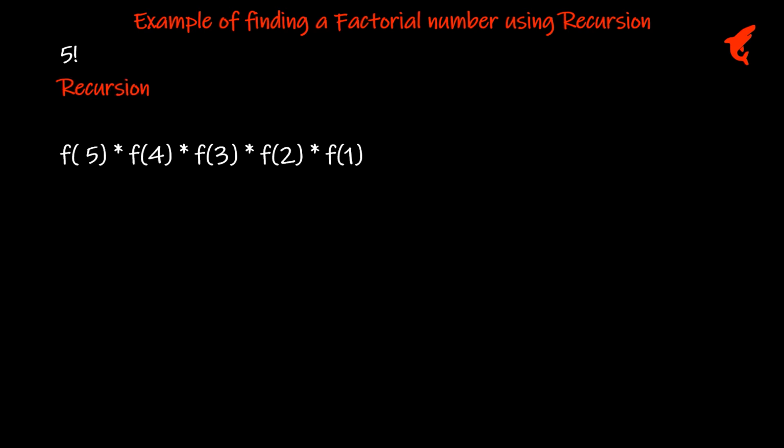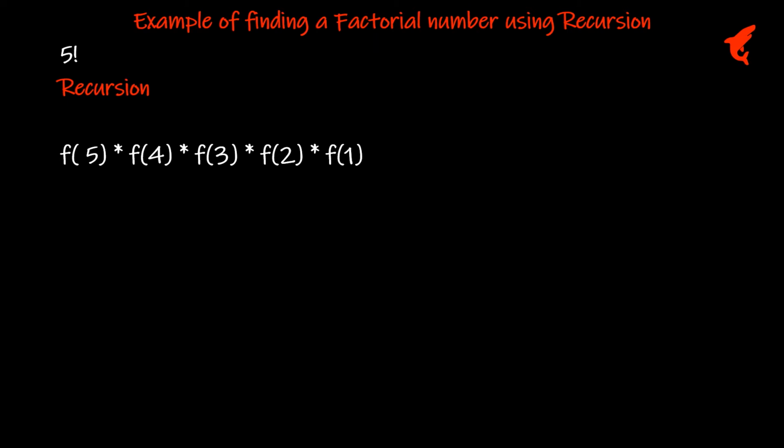So let's look at an example to understand how exactly factorial is calculated using recursion. Let's take number 5 with the recursion approach. There is a function call with value 5 first, which will then make a call to the same function with value 4. This function then calls the same function again with value 3, which in turn will call the function with value 2, and that will call the same function again for the final time with value 1.